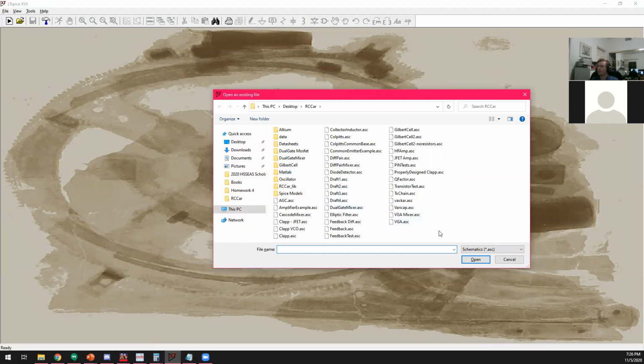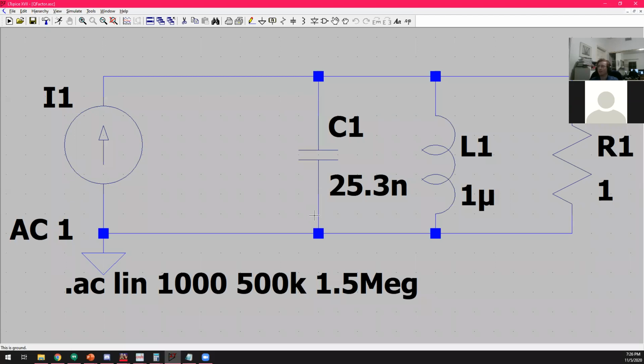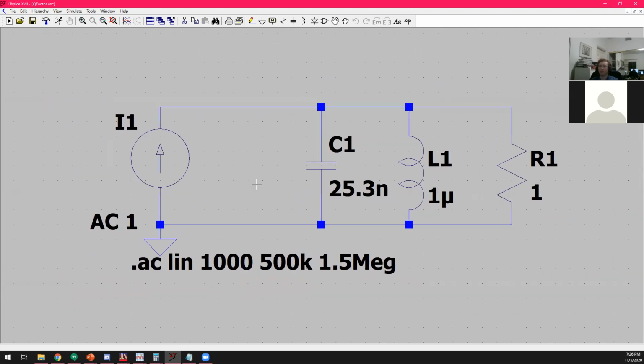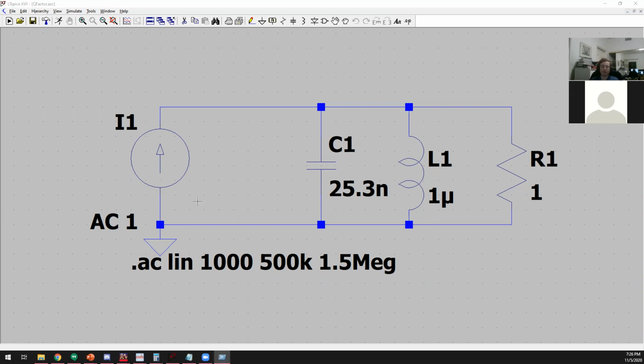What did I call it? I called it Q factor. Okay, so I have here the world's simplest LC tank. You're all seeing this, right? Yep. Okay. So I have a perfect capacitor here. I have a perfect inductor here. And if I calculate the resonant frequency,